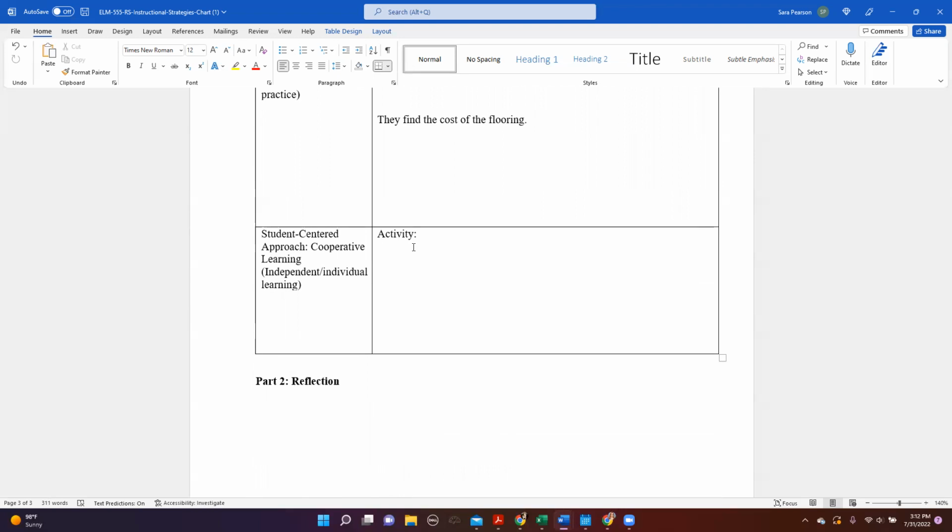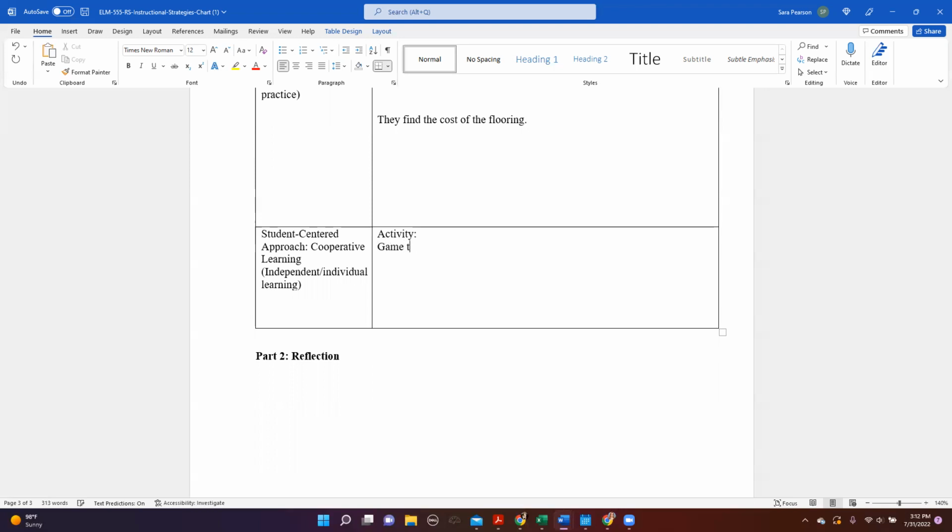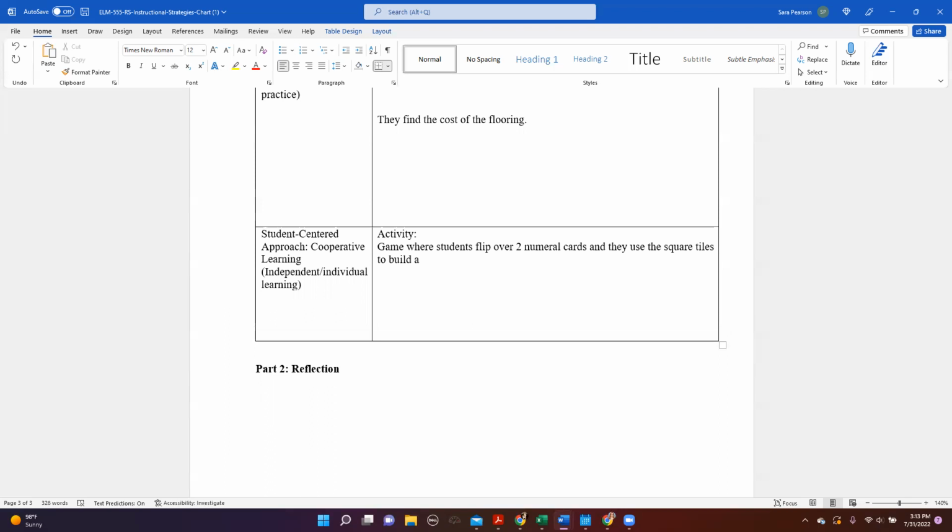And so it could be where they do some sort of card activity or some sort of game where they play together. So let's say we'll do a game where students flip over a card. How about two numeral cards? And they use the square tiles to build a figure with the given area